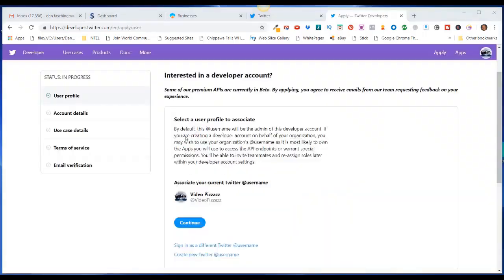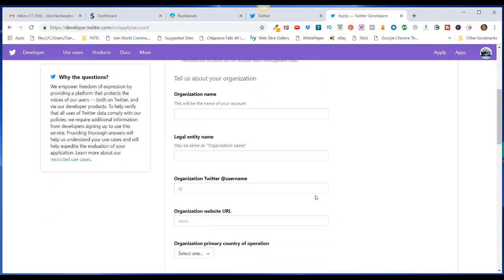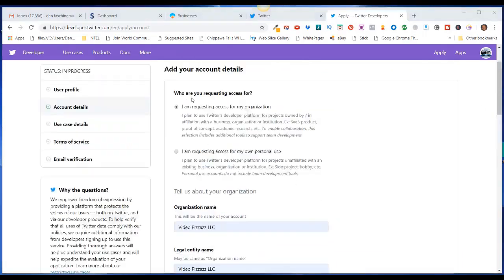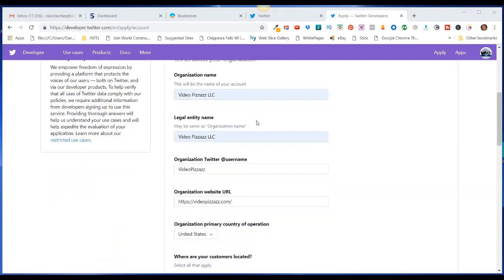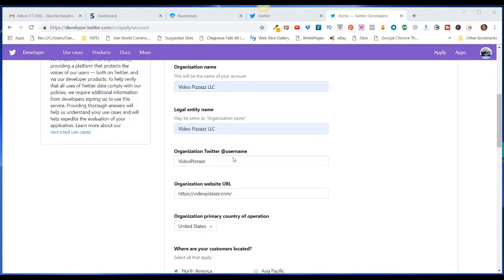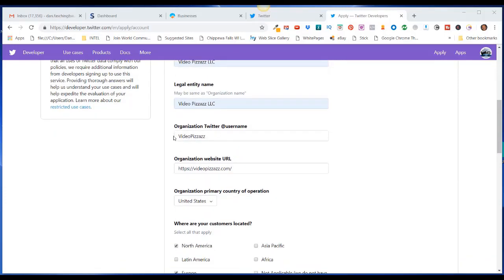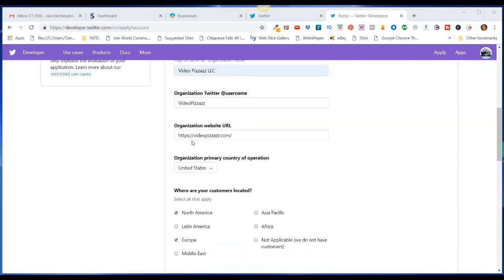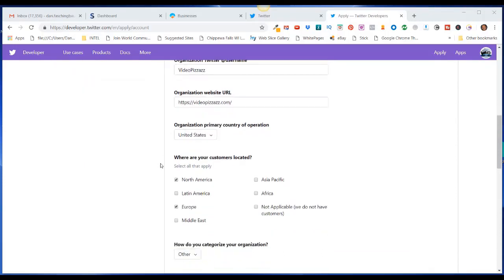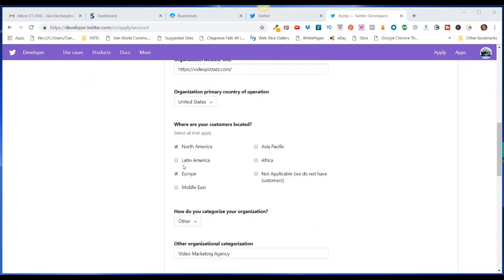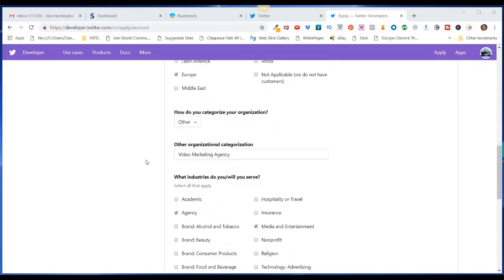So it says select a user profile to associate with this developer's account, and I'm going to associate it with Video Pizzazz. Click on, so tell us about your organization. Alright, so I said, who are you requesting access for? I selected I'm requesting access for my organization. And then you put in your organization name, the legal entity name, and then your Twitter handle, and the URL of your website. And then state where you're from, and where your customers are located, and then how did you